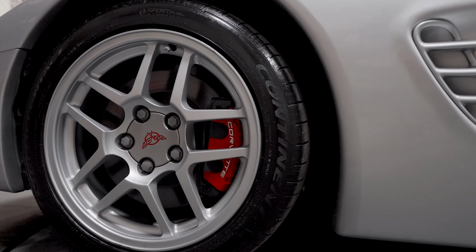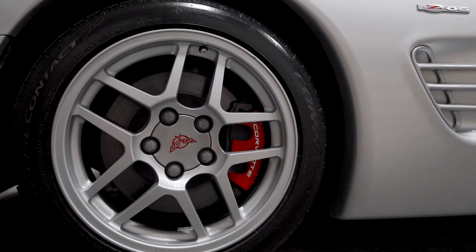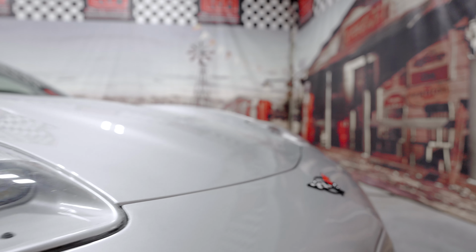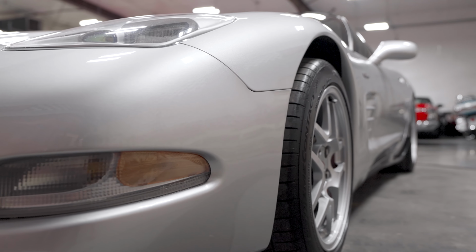The 17 and 18-inch split-spoke alloy wheels are mounted with Continental tires. The Z06 suspension featured a larger front stabilizer bar, increased damping, and a higher spring rate than a standard Corvette. The car is equipped with active handling and traction control systems, speed-sensitive rack-and-pinion power steering, and ventilated disc brakes at